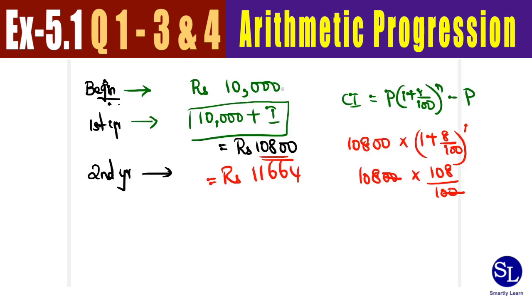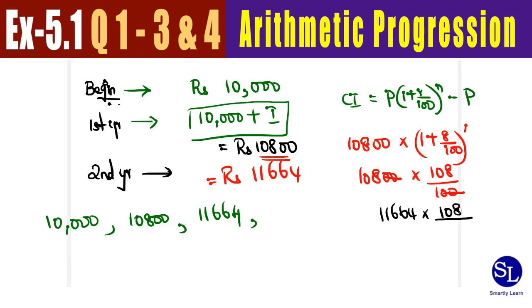So now let us see. I started with 10,000. So I'm noting down these numbers. It started with 10,000. Then it went on to become 10,800. Now it is 11,664. If you need to be very sure, you can compute it once more, but this time the principal is going to be 11,664 into 108 by 100. This you need to do only if you're not very sure how this transition happens. So you know that is going to be the amount at the end of the third year.